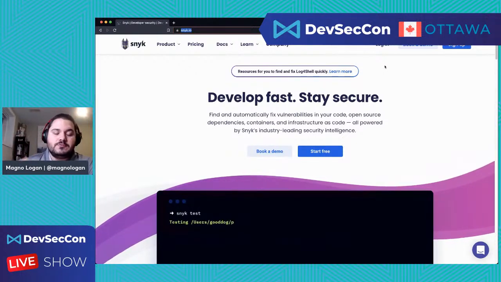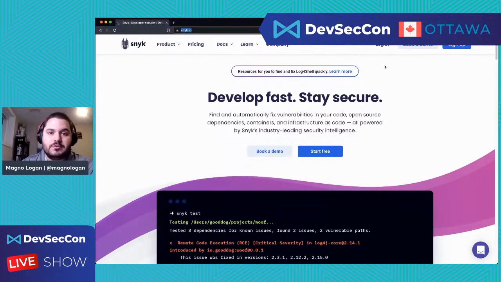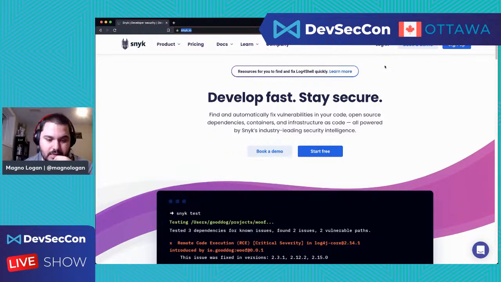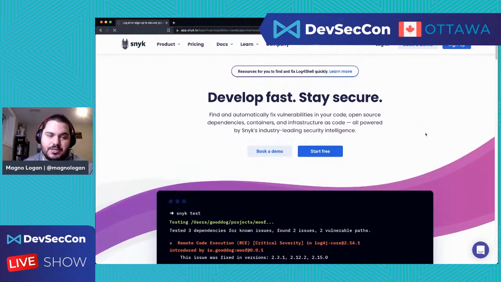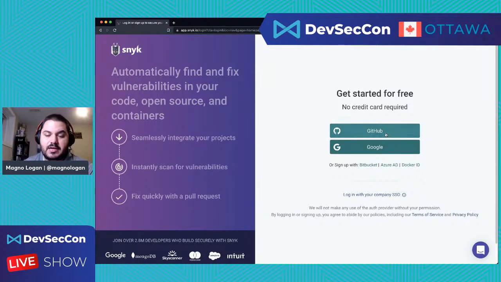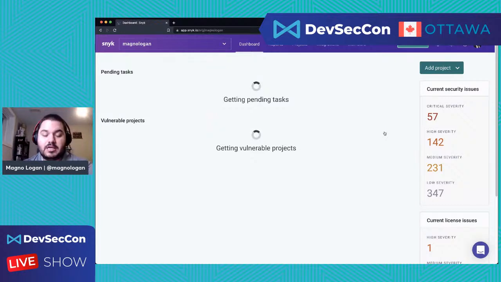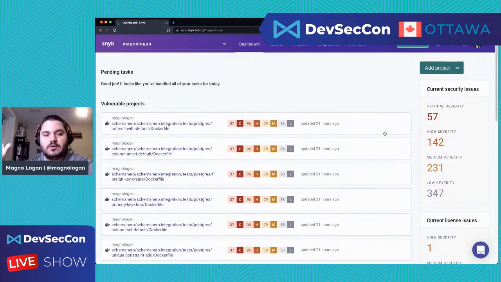Snyk is able to detect them and list all your repos on the Snyk platform, and you can choose which ones you want to start scanning. So I'm going to log in here. I already have an account there, as you saw, and I'm going to use GitHub to authenticate to Snyk, which basically gives Snyk permission to read all my public repos and start scanning the ones that I choose, right?